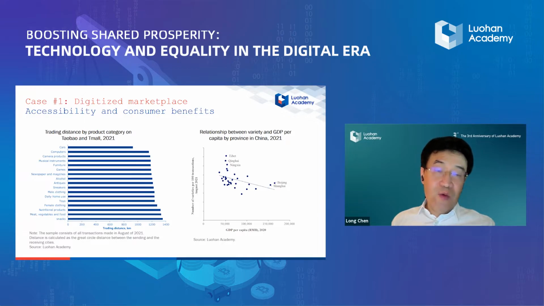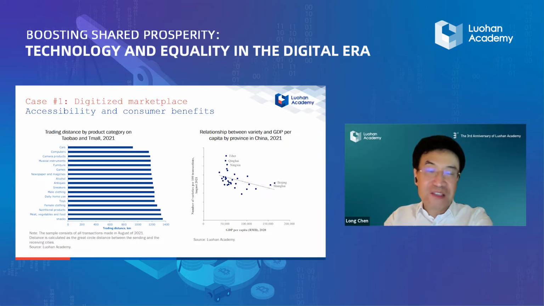Last time when I sketched this, it was a little bit less than 1,000 kilometers. So you can see that the distance is still expanding in the past several years. On the right panel, you can see that in the provinces and regions that are poorer,